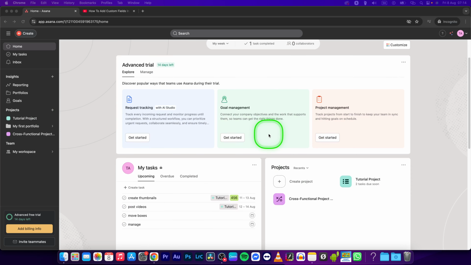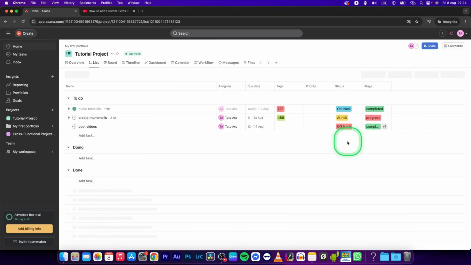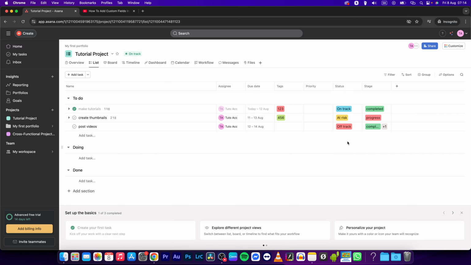So this is very simple. First open up your project. So I will open my tutorial project, and here I have my to-do list. Now in order to add a priority to some of these tasks, I will have to go right here to